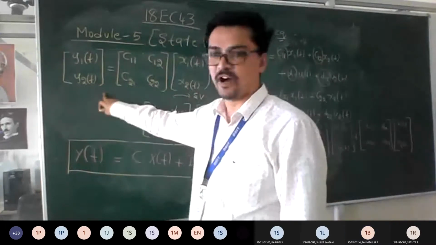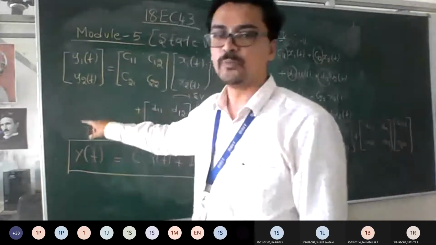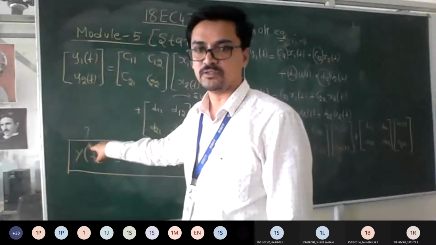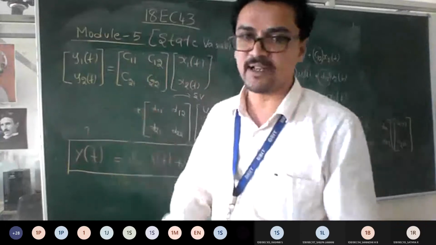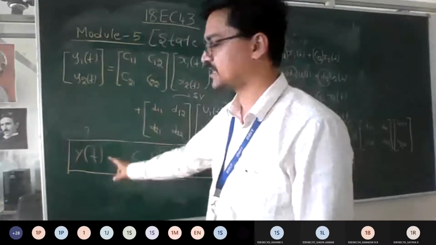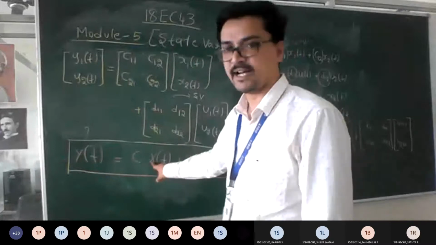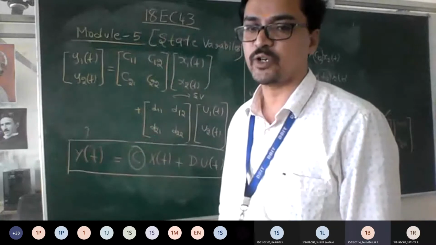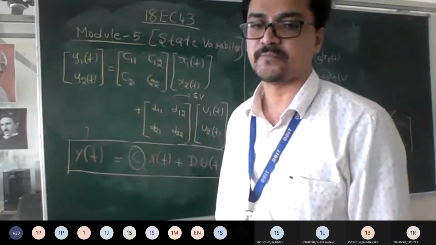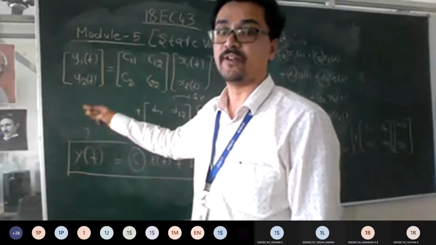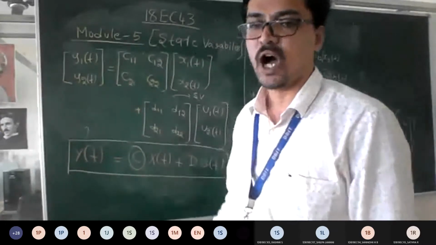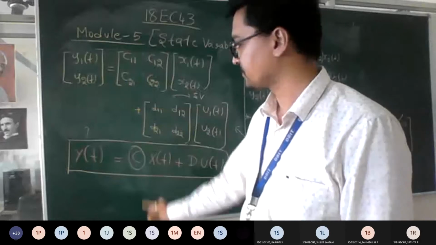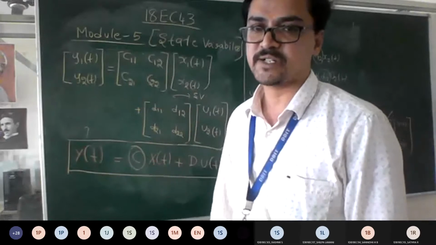So we have represented it in a matrix form. We will give a name for this: output vector matrix. Y of t you can call the output vector matrix, since I am representing it in a vector form with a matrix. That is with respect to y of t. What is C, guys? Coefficient. So we are going to call it the output matrix. So first one was the output vector matrix. C represents the output matrix, or in brackets you can write observation matrix. Both are the same: output matrix or observation matrix.